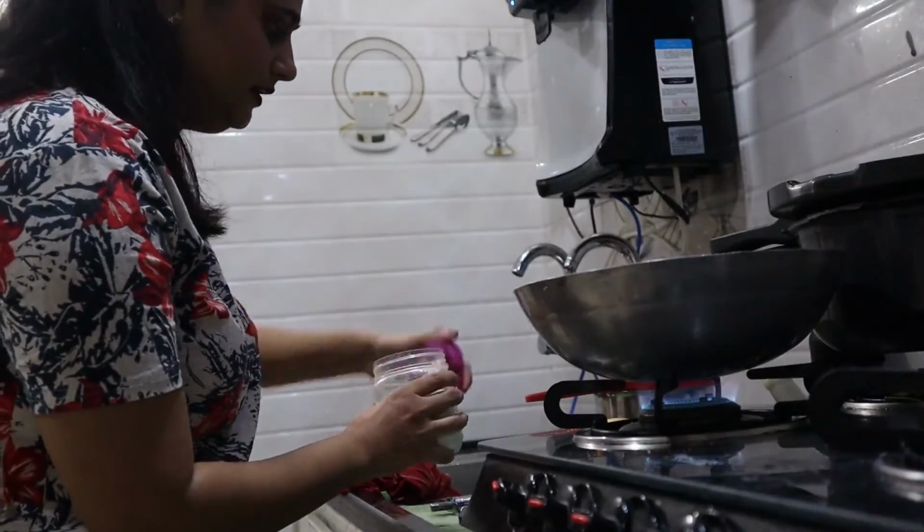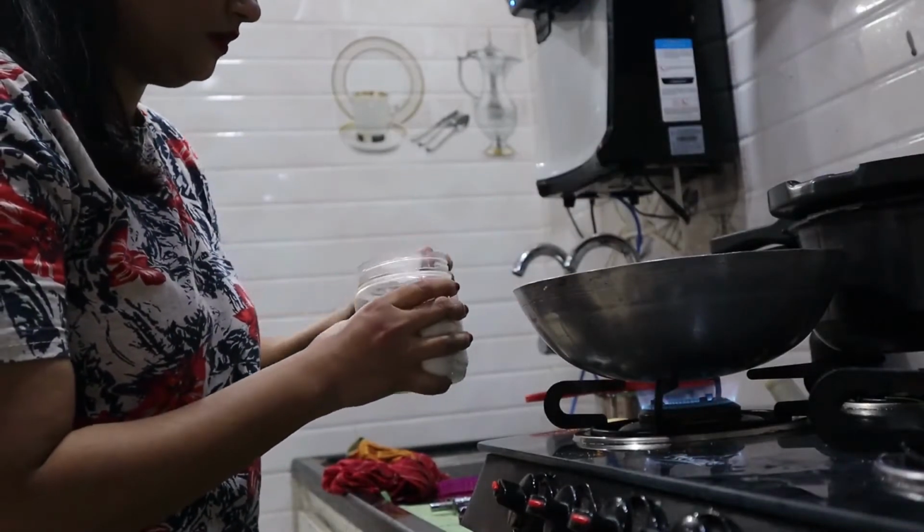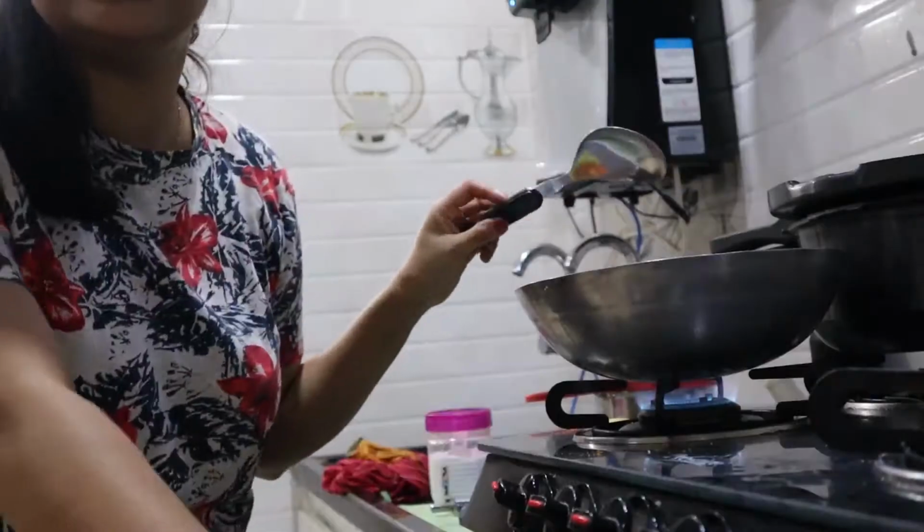Then add in a little bit of salt. One of the easiest ways to know that your tomato is cooked is it becomes really soft and soggy. So that's how I know that the tomato is cooked. Even though I do not like cooking, I can cook anything in under half an hour, maximum 1 hour, because